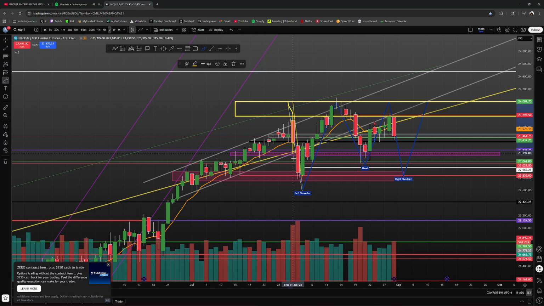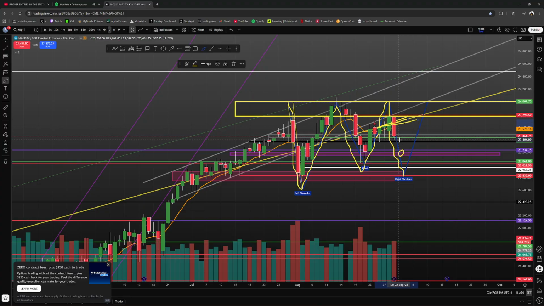So luckily we can identify exactly what price is doing, and now that we got this move under this channel, we're potentially going to see a continuation, and these are going to be my first targets. So a move under 23,450, we can target 23,180, 23,200, and a move under that we can probably catch continuation to the downside to the 22,900 level. Those are going to be my short triggers,